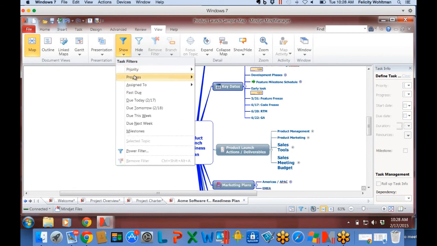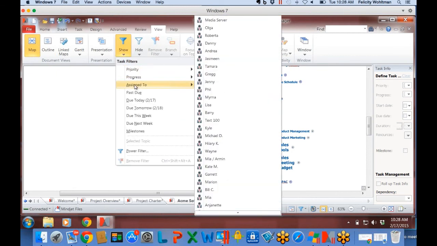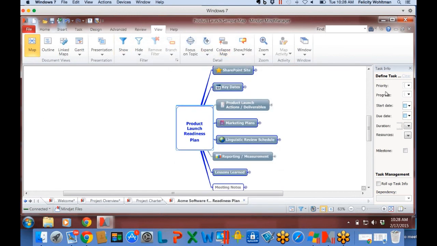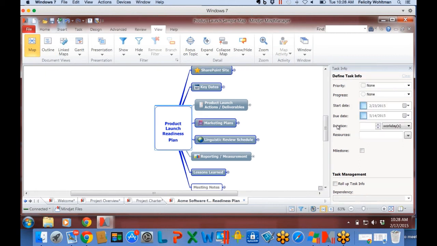I can say, okay, look, let's look and see everything that's assigned to you. The map will show me just what's assigned to Ryan, and then we can review and see if we can move some things around. Okay, at this point I want to stop. We've covered pretty much, but I think you get a sense for how to create tasks, how to build them out, and then when you get a really large map going, you want to go into this view menu